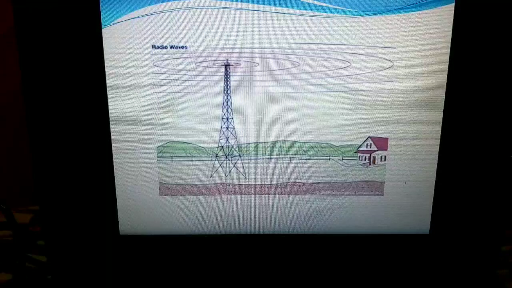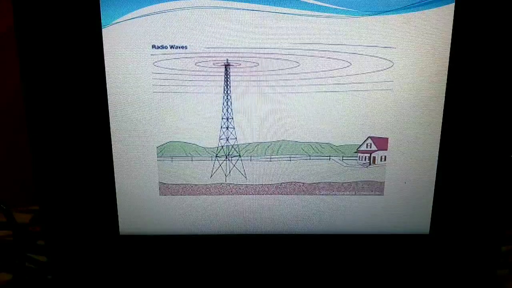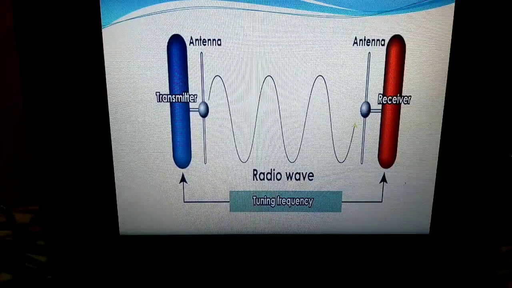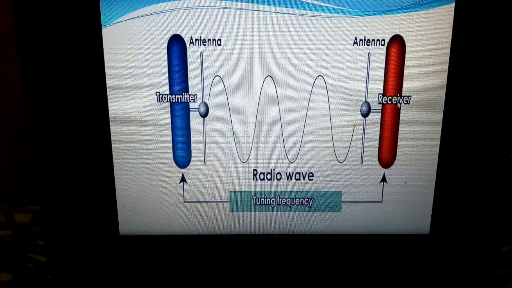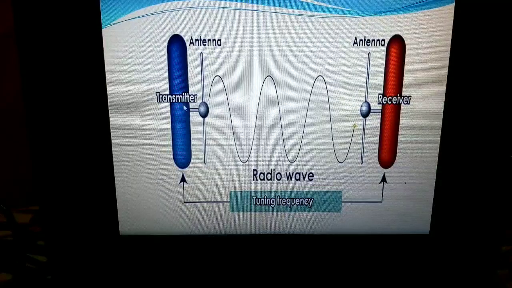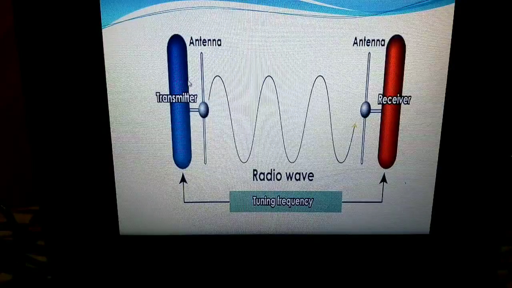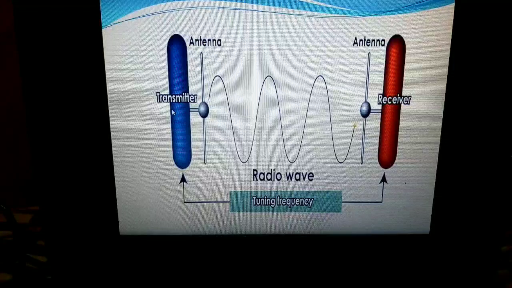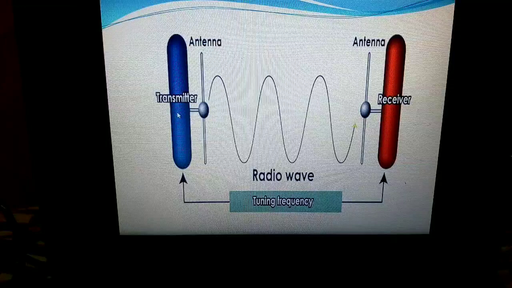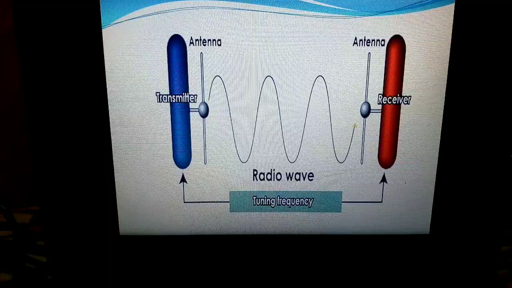Whenever we have data transmission by using radio waves, we need two parts. Here I can show you. One is the transmitter, the other is the receiver. The transmitter takes some sort of messages. The messages here might be in the form of data, voice, images, or pictures for video, for the TV set or something. The transmitter takes these messages and encodes them into the sine wave.